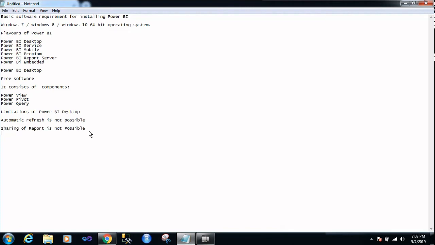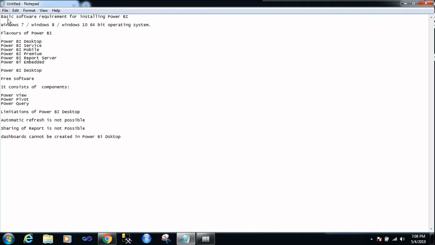Dashboards cannot be created in Power BI Desktop either. All the other development features we can do in Power BI Desktop.